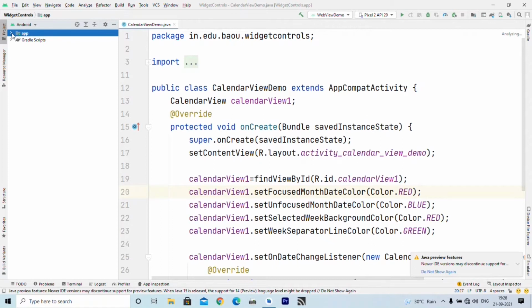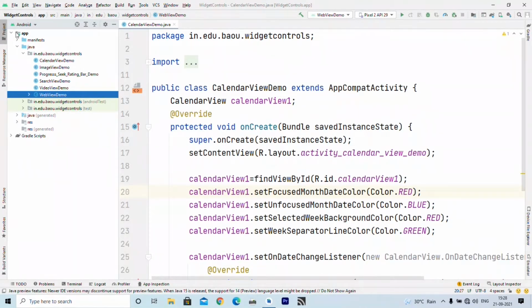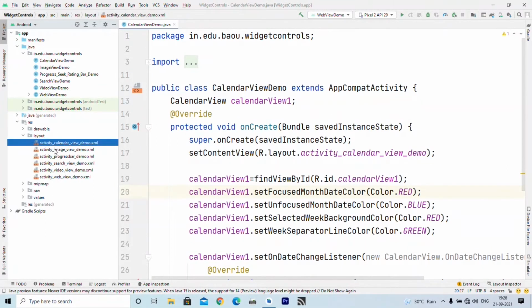So for that we have 1, 2, 3, 4, 5 and 6 activities, and for every single activity there is a layout file inside the layout folder.